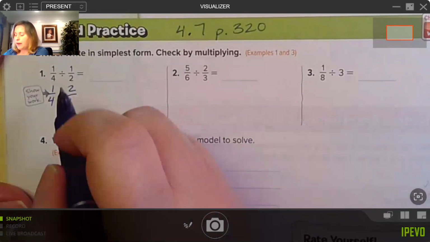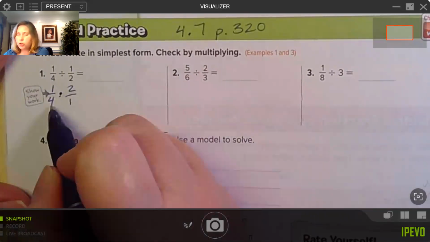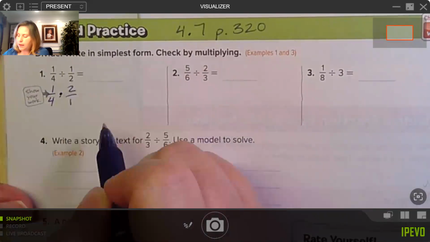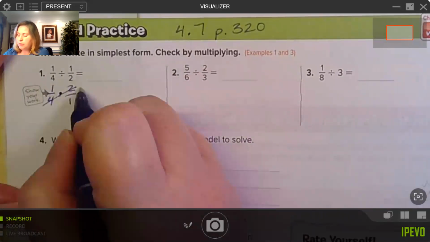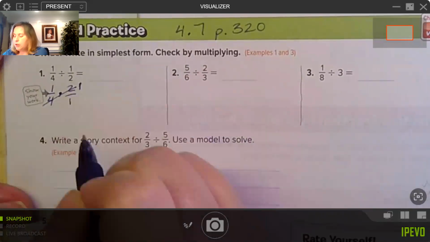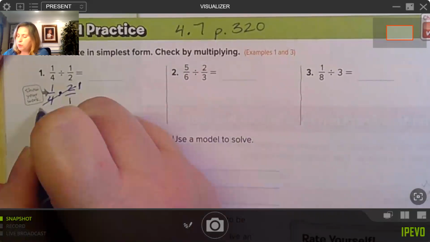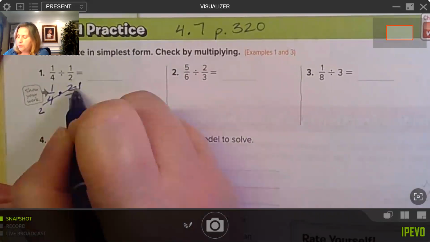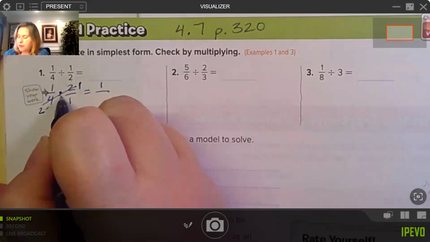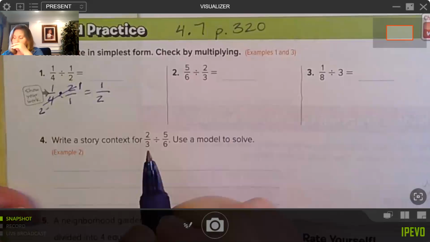And then I want to check and see if I can cross cancel. 4 and 2 are both divisible by 2, so I can cross cancel. 2 divided by 2 is 1. 4 divided by 2 is 2. Numerator times numerator gives us 1. Denominator times denominator gives us 2. Okay, so then